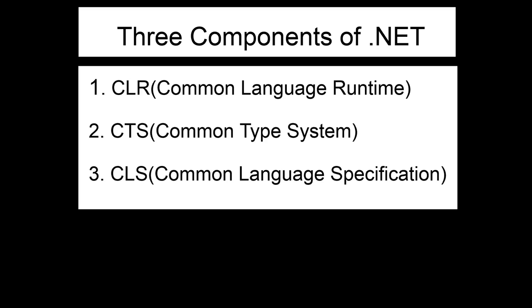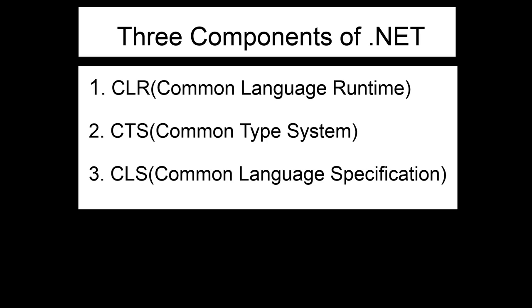So if you create .NET objects which are CTS compliant, that does not guarantee that all programming languages that are aware of the .NET will consume the types defined by your class library, because this layer basically